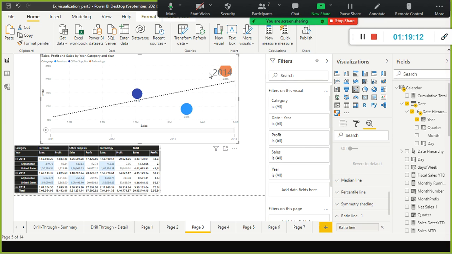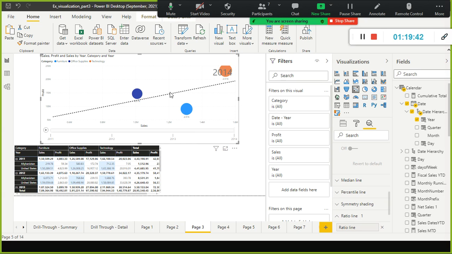Technology category. It is deviating from the overall. That means it is really great. And the profit is 232, and you need to calculate the percentage. Profit divided by sales, you will get the percentage. Here 89,800, whereas the profitability is 2,32,000. 15 lakhs here, whereas 13 lakhs there, not much difference, but here 2,32,000 while here the profit is just 89,000.